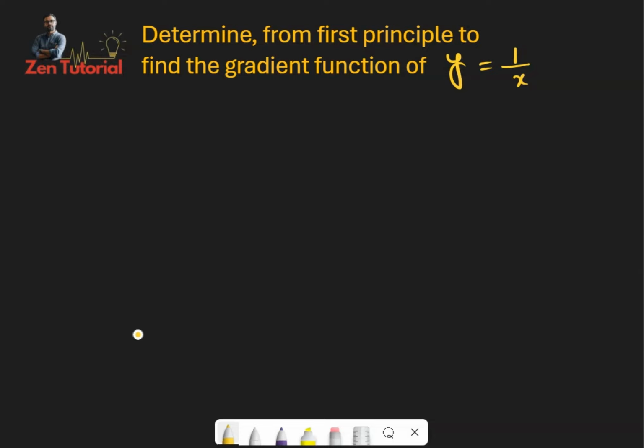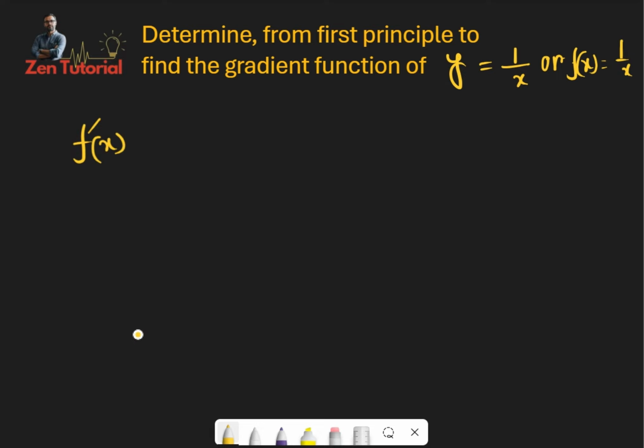In this problem, determine from first principles the gradient function. The function y is equal to 1 by x, or this function can be written as f of x is equal to 1 by x. So y equal to 1 by x or f of x equal to 1 by x mean the same thing. So by using the first principle, we could write down